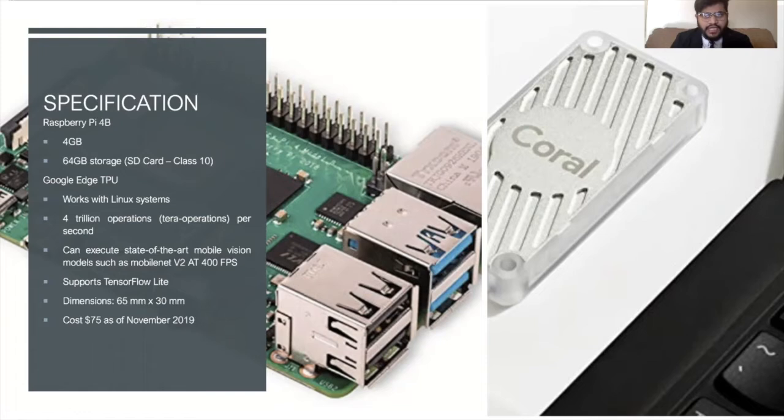In the presentation slide, you can see a device which has the name Coral written on it. That's the Edge TPU compared to the Raspberry Pi. As we can see, it's not even half the size of the Pi. And it can already do 4 trillion operations per second. And any state of the art computer vision or deep learning model can be deployed over this Edge TPU at 400 frames per second.